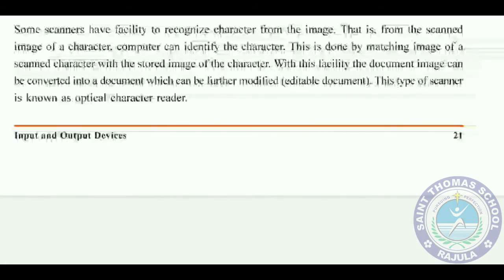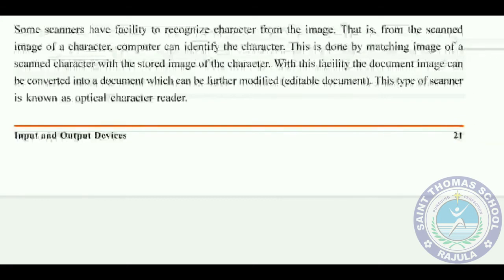From the scanned image of a character, the computer can identify the character. How is it done? This is done by matching the image of a scanned character with the stored image of a character, meaning one character image is already stored in your computer, and one you are getting through the scanned document.